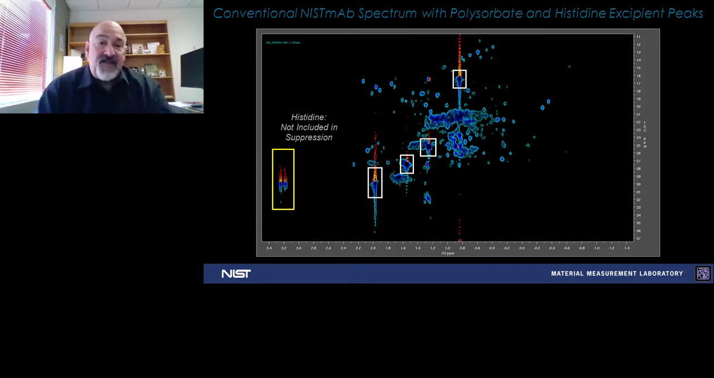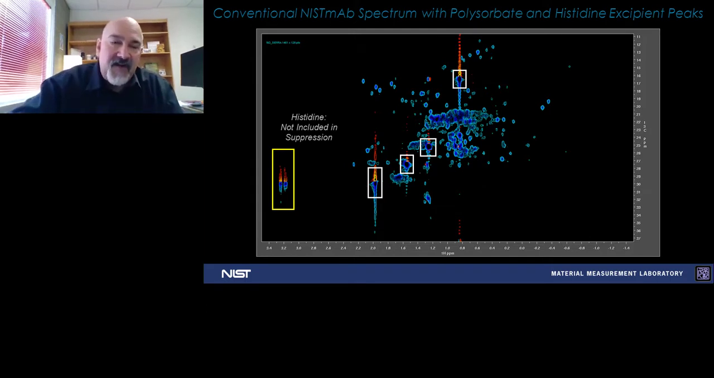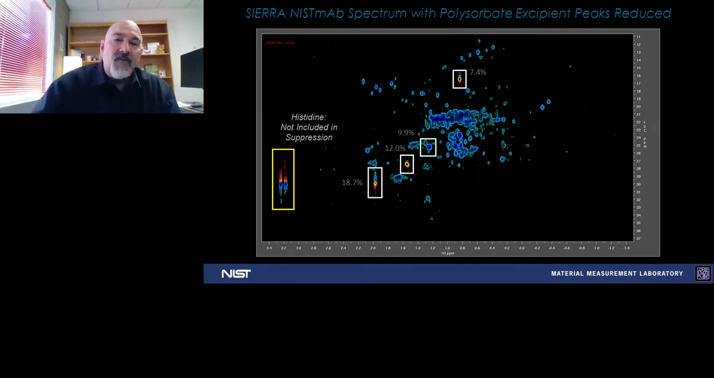So this is what they look like before the Sierra pulse sequence is applied. This is what a spectrum looks like when the Sierra pulse sequence is applied. So we've reduced these 4 signals by between 80 and 90% of their original intensity. And so the tails of these signals no longer interfere with the protein parts of the spectrum, which is what